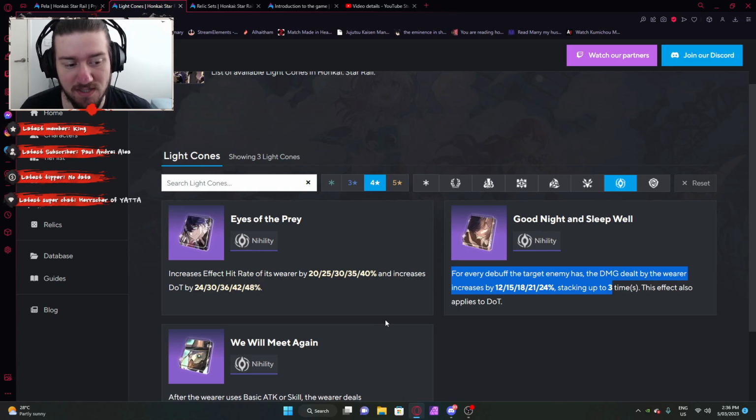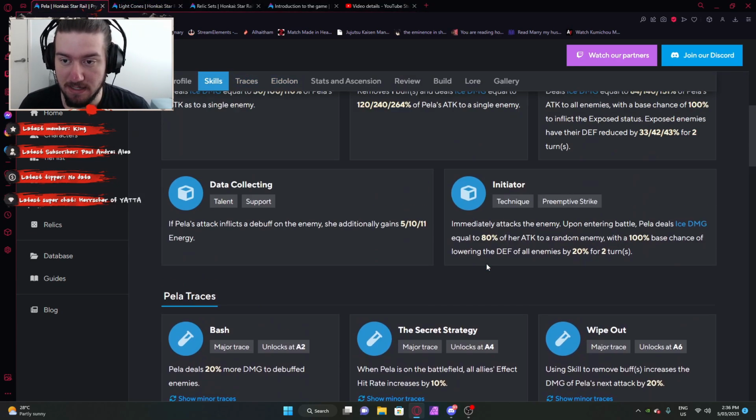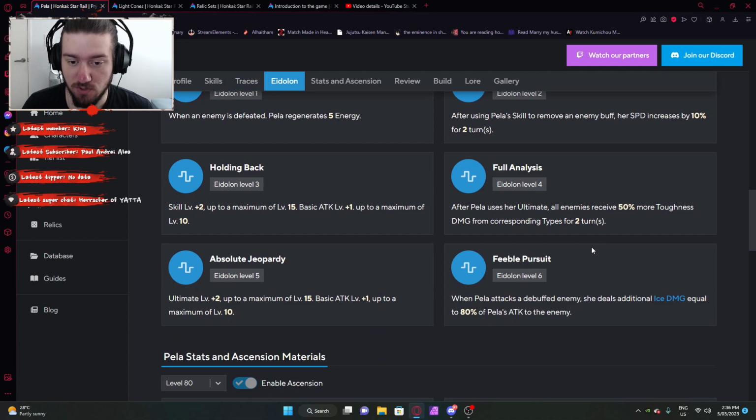certain percentage and increases the dot damage over time by another certain percentage. So this is a bit more for builds or dots that actually deal damage. From what I can tell, Pela doesn't deal dots that deal damage. Exposed is defense reduction. Her technique is a defense reduction. And she also applies toughness. This stuff here, all enemies receive toughness